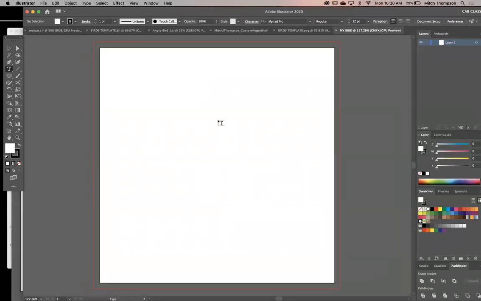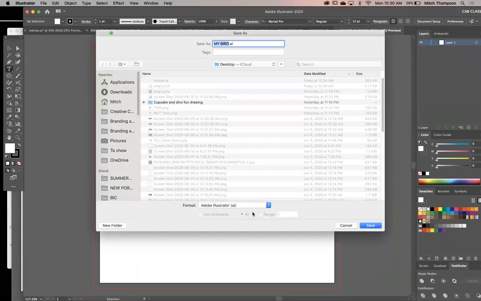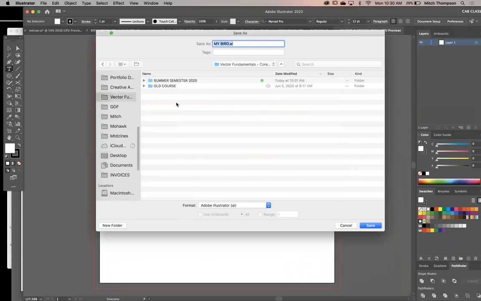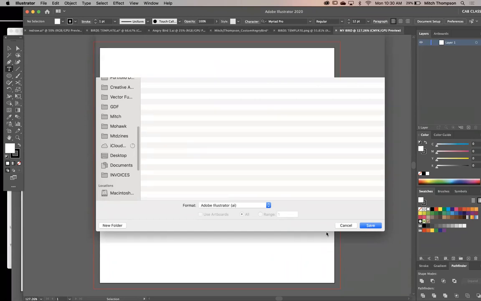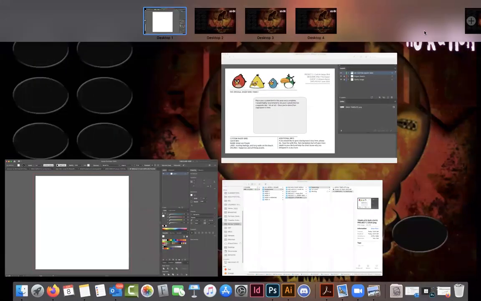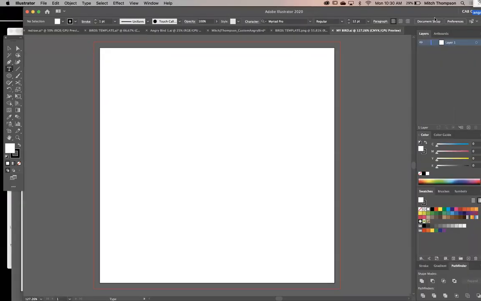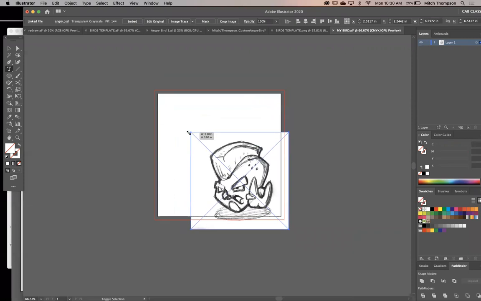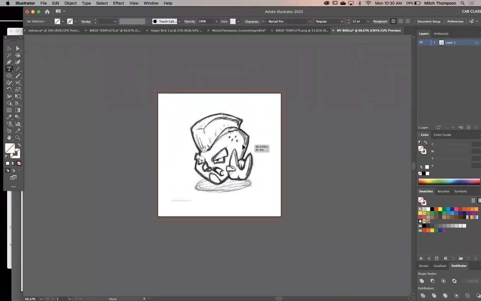I do apologize. And so this is Command S. We're going to go into vector. So find the folder, your vector folder. I'm going to go in here into my assignments, into project 2, custom bird. This is your working, my bird AI. Yes, save. Make sure you have a copy of that saved into your working folder. Now this is the one that we will grab, drag and drop. Good, eh? You may have sketches now that you want to start with. Awesome.